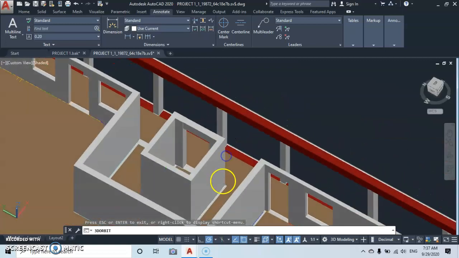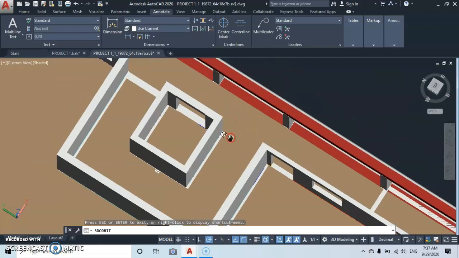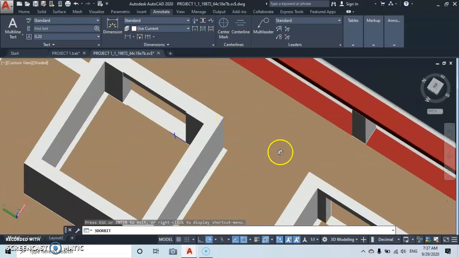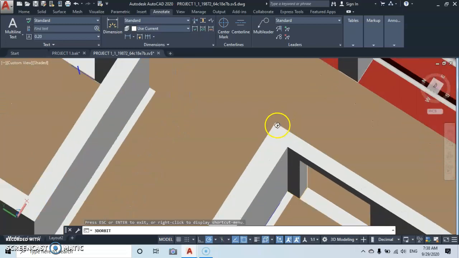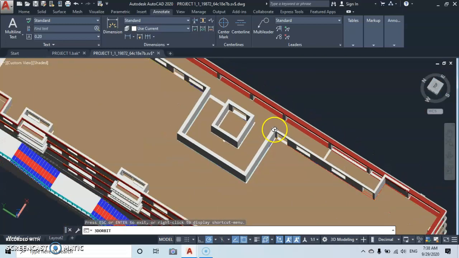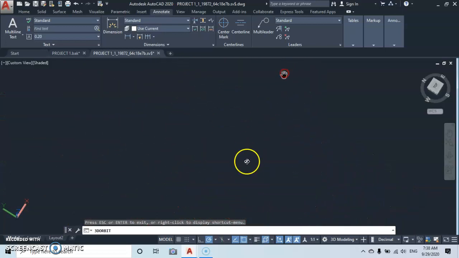So let's try to rotate. I would like us to move it at this point. I would like us to bring it at this point. So let's go back. It's very far,